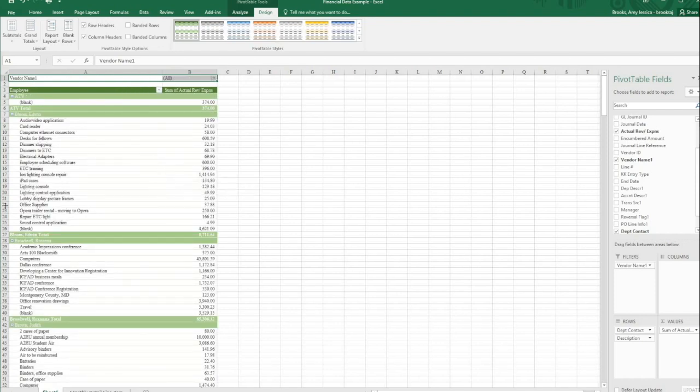You can make your data in your pivot table any way you like. You can choose any of these options over here. If you need your journal ID number, if you need your accounting period, any of those things can go into these boxes to create the pivot table that works best for you. Practice using your pivot tables in various ways, and when your supervisor asks for specific data, you'll be able to